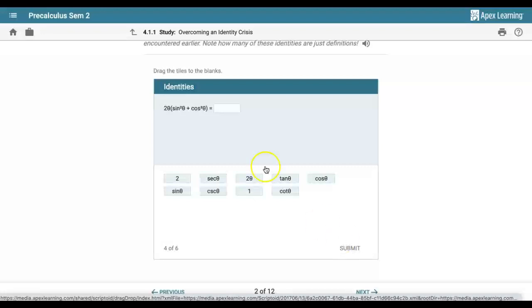Something that might be a little bit different: we have 2 theta, parentheses, sine squared theta plus cosine squared theta. And we said earlier that sine squared theta plus cosine squared theta gives us 1. So 2 theta times 1 is going to give us still 2 theta. Cosine divided by sine gives us cotangent. 2 times secant is equal to what? That's equal to 2 over